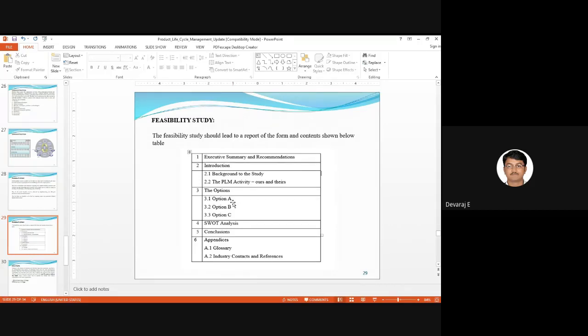See, if the customers are not satisfied with product A, then we'll go for B. Again, if the customers are not satisfied with product B, then we'll go for C. So in the conclusion, you should write for what reason the customers are not satisfied. If you do this feasibility study analysis and complete this table, in the company, if a product fails after 2 years, for example, you should write in the conclusion that the product has failed in 2 years. After 2 years, what will be the reason?